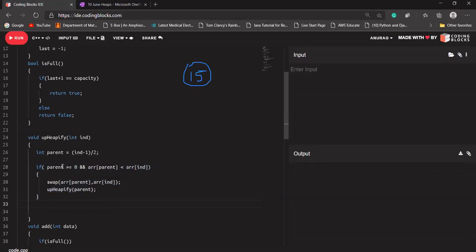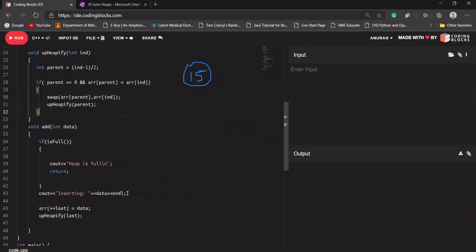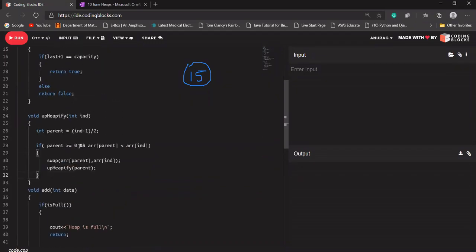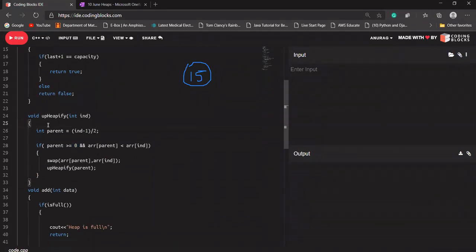Let's say minus 1 comes here. Is minus 1 greater than or equal to 0? No. If this condition fails, because we are using double and, the other condition will not be checked in any case. Okay. So I hope the up function is clear with everyone. We are using recursion here. Either we can use this, or we can use a base case here, which I was using earlier, but for now this is fine, I think.